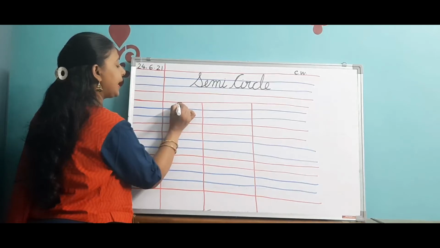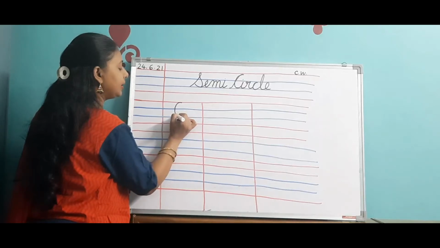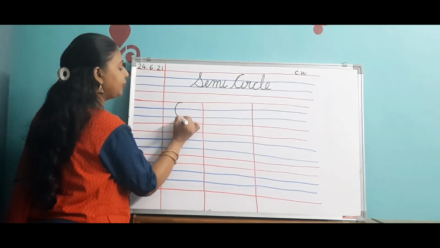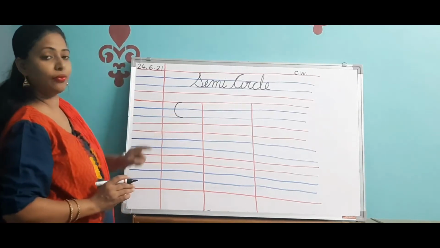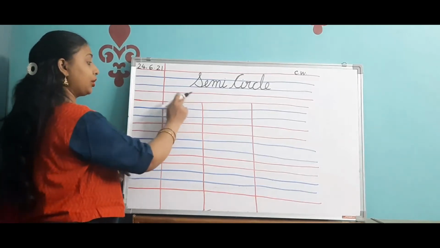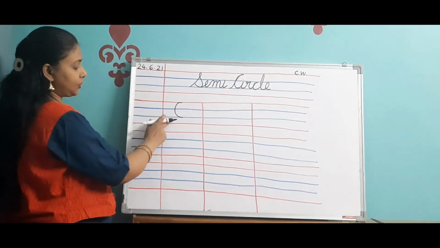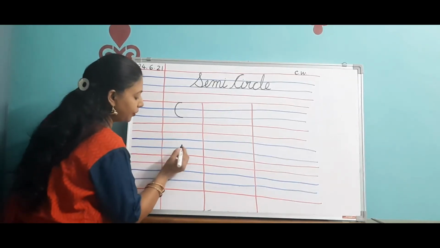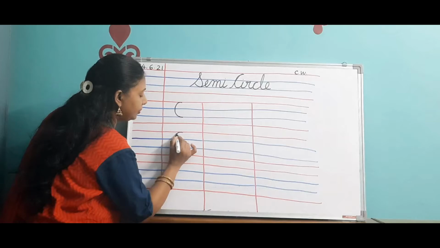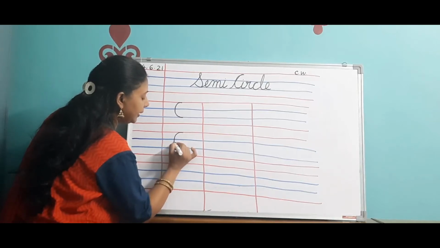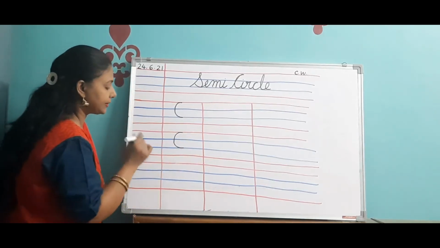From the first line, you come to the second line and then come to the third line, and you have to make a half circle. Semicircle means half circle, and you have to stop over here. Okay, don't make a circle or a round. Just half circle is called semicircle. Again watch over here. From the first line we'll start and we'll come down to the second line and to the third line, and we'll stop here. Okay, this is called semicircle.